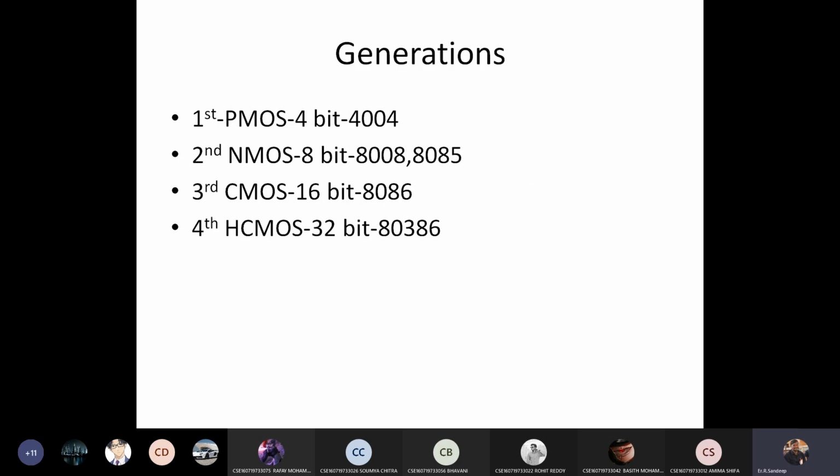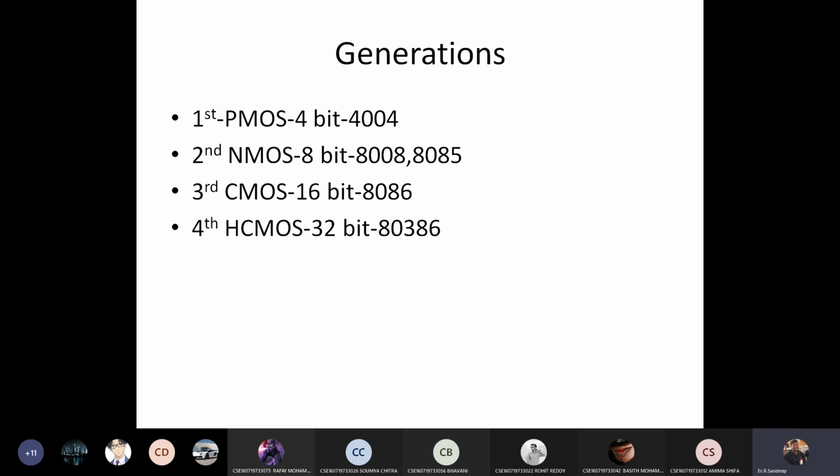And what are the various generations of microprocessors? Due to many advancements in nanotechnology and semiconductor fabrication technology, compared to the first generation, where in the initial stages the computer size was very big, almost 1800 square feet, gradually the size was reduced. The CPU, the processor and the computer size was reduced to palm size.